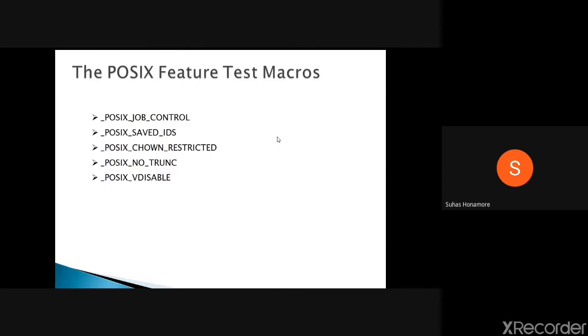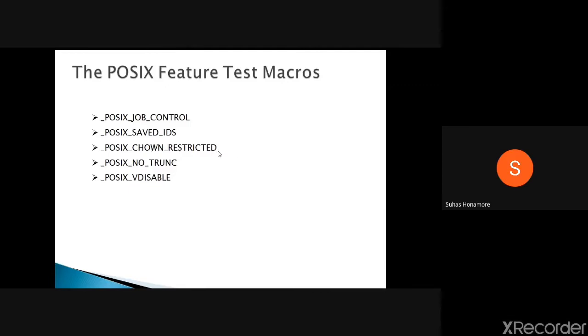Okay, and this constant is defined in the unistd.h header file. And the user must use the pathconf and fpathconf functions to check the permission for changing the ownership on a per file basis. If you want to change it, at that time you have to use the pathconf or fpathconf function. We will study those functions immediately after this.